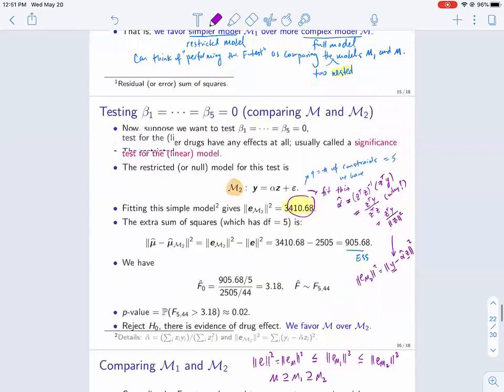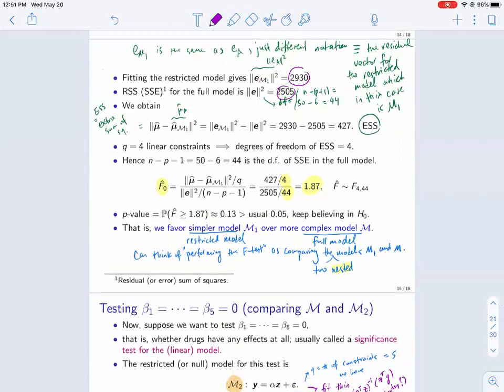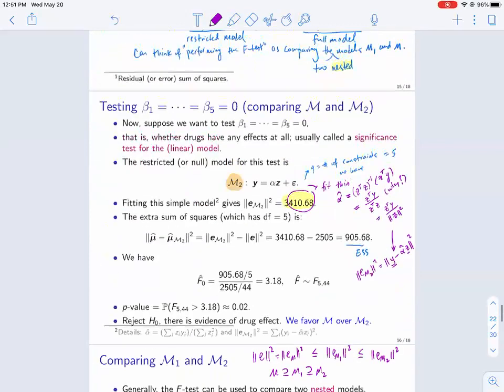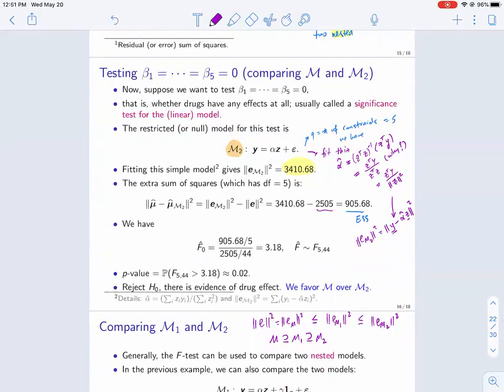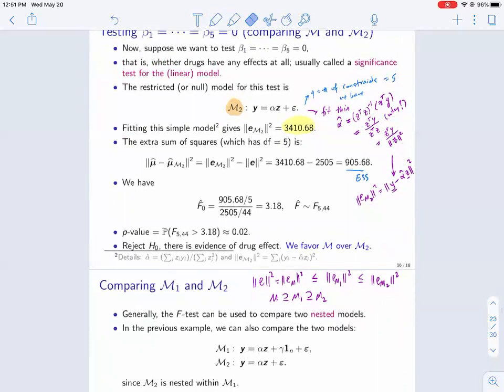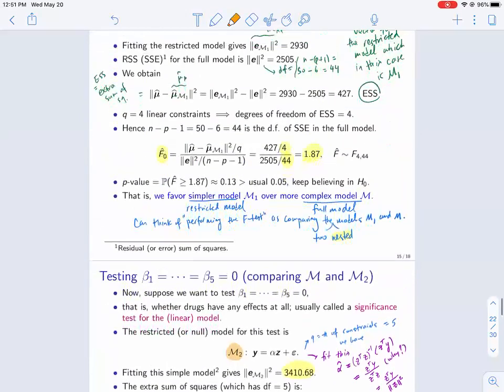So this turns out to be this, and you can compare it with the values that we have here. You can see it's bigger than both of them, which is good, which is what you expect. Now I previously computed the SSE for the full model. I had the SSE for this model, and then I subtract, and I get the extra sum of squares. Then you can compute the F statistic, which is the extra sum of squares divided by its degrees of freedom, which is 5, and the denominator is the same as before: the SSE of the full model divided by the degrees of freedom of that SSE,